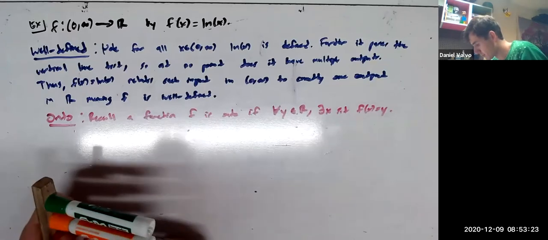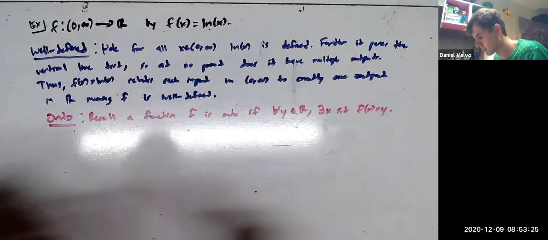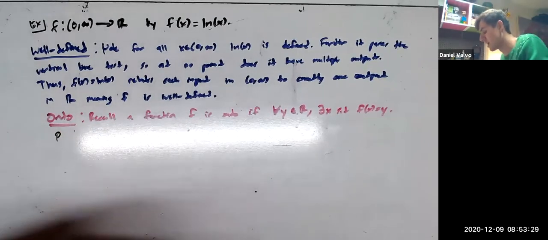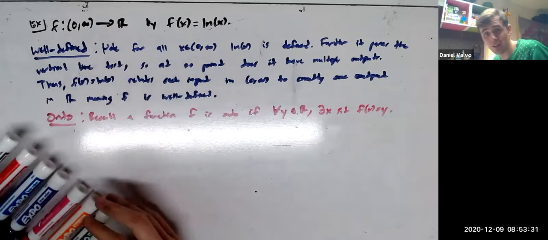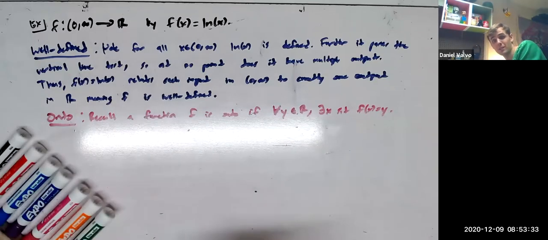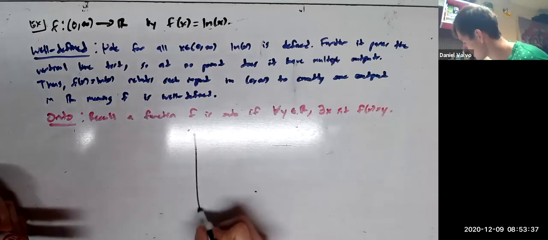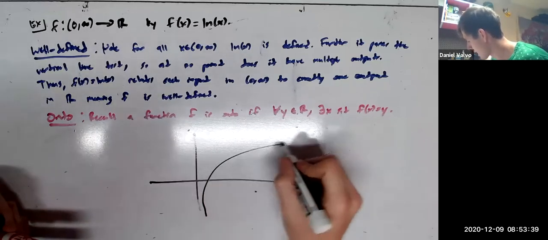So, let's just prove it. Oh, by the way, I'm sorry. We should first ask ourselves, is ln of x one-to-one or onto? And again, I'm going to go to the graph because it's the best visualization we have for ln of x. And if you look at the graph,